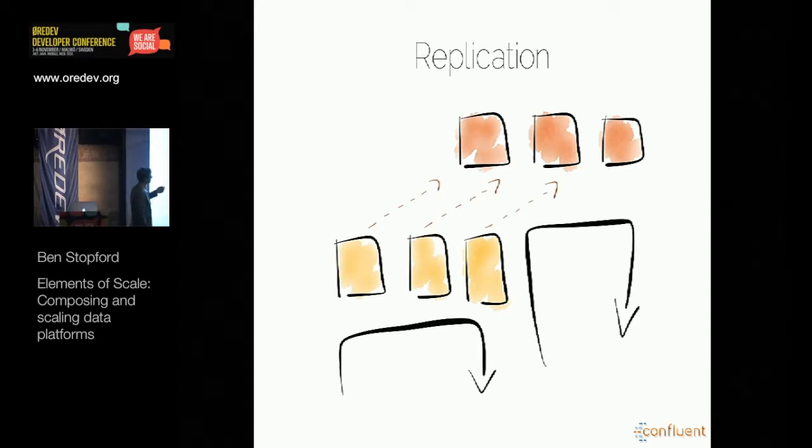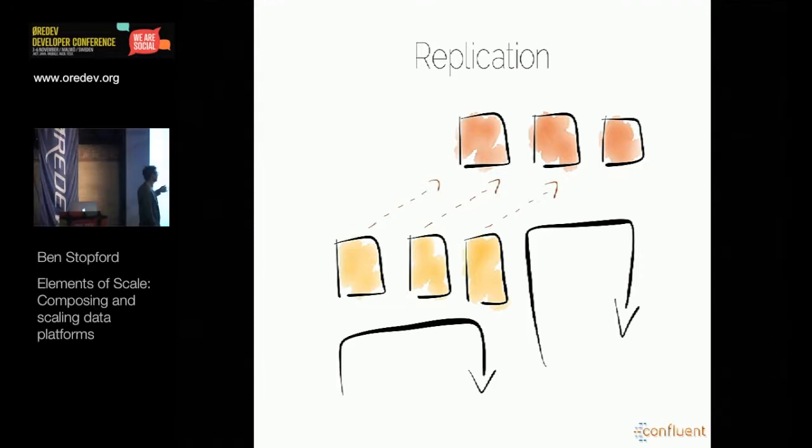But what I am going to talk about a little bit is the idea of using replication for scale, because in a data platform, you need both primitives. You need primitives for replication and for sharding. If you have one, it's not that it won't work, but there will be certain eventualities that you won't be able to solve. So really, you want primitives for both. And the reason for this goes back to that broadcast pattern. If we're broadcasting requests to all machines, then we have a concurrency limit. Replication is a very simple way out of that problem. It creates some other problems, but it is a very simple way out.